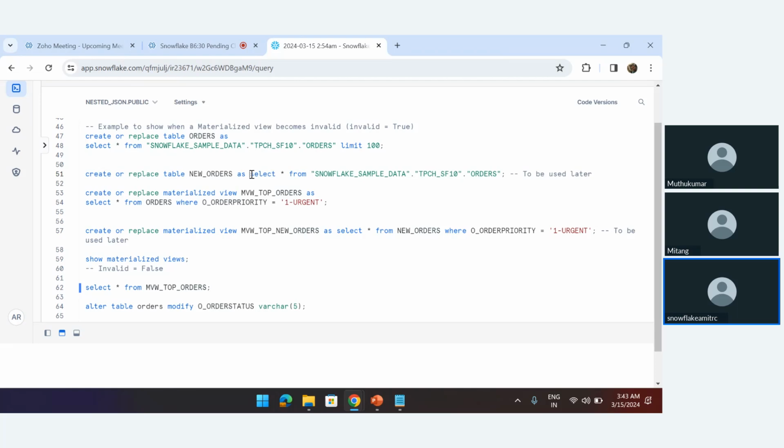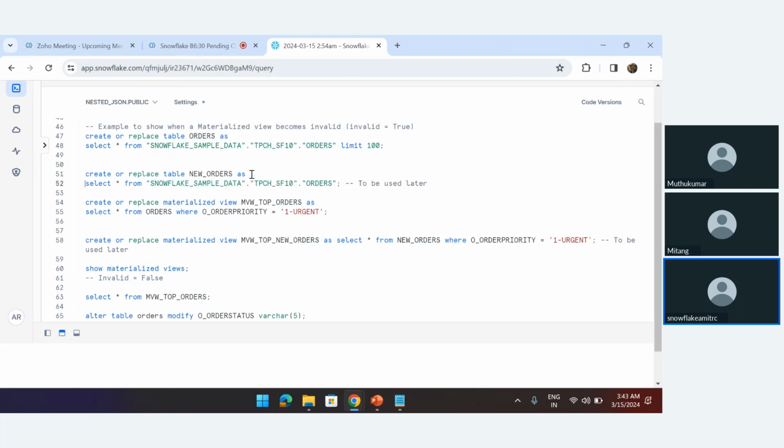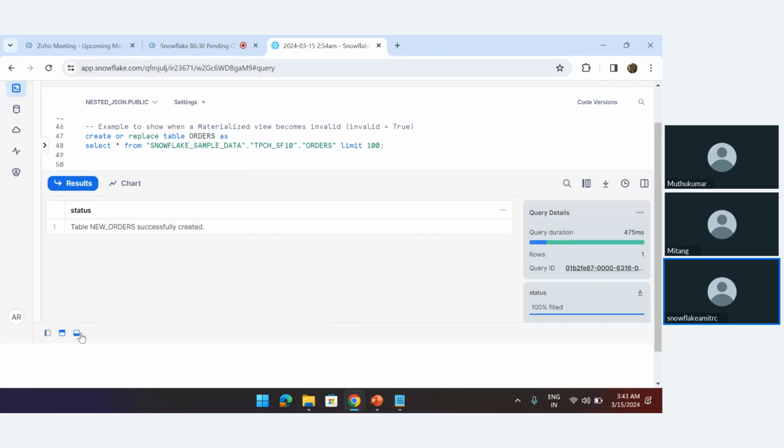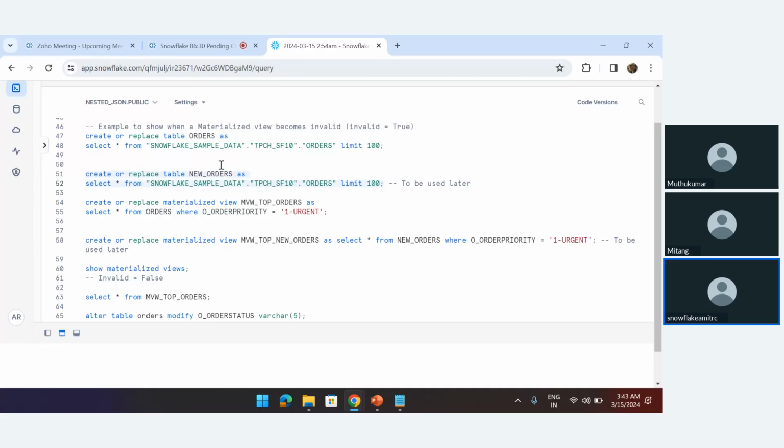Second thing, let's say I will be creating one more table. Create or replace table new_orders as, the same way I'm getting the record from the orders table, and there also I will take only 100 records. Okay, and let me create the new orders table. So I'm creating a new orders table here. So this is the new orders table created, and also I will be